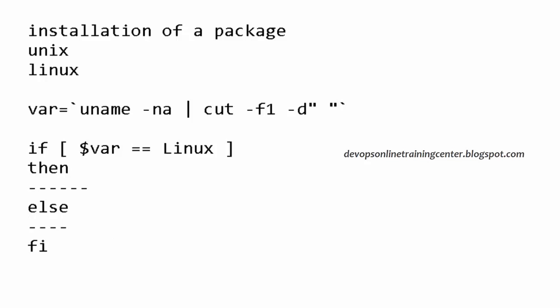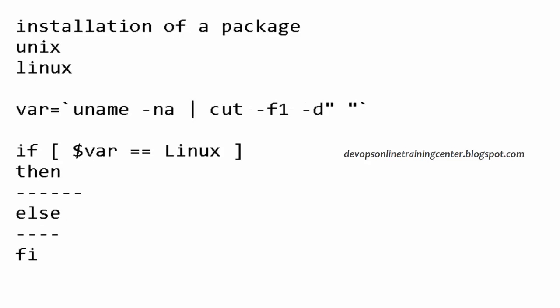So you can execute Linux-specific commands on the Linux machine. So this script works on any machine irrespective of the distribution, irrespective of the fact that it's a Linux machine or a Unix machine. You can just go and execute this command. It will take care of checking whether it's a Linux machine or Unix machine, and if you want to execute some specific commands, it will execute. Is this clear?